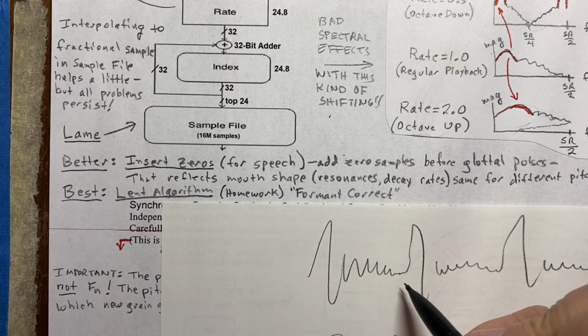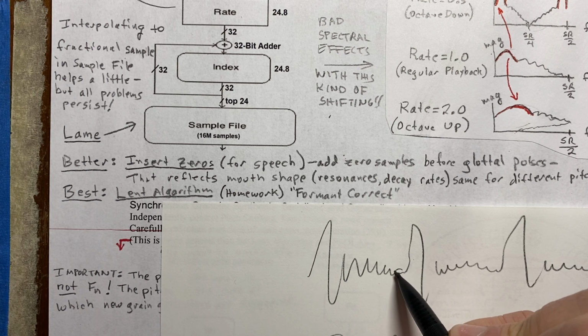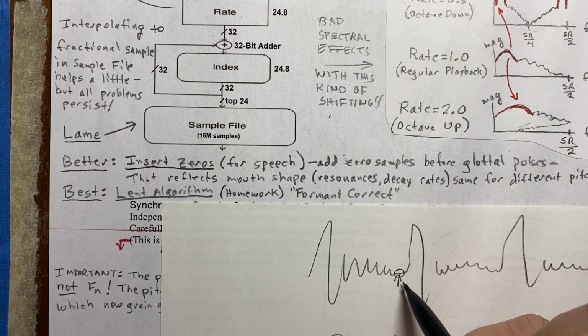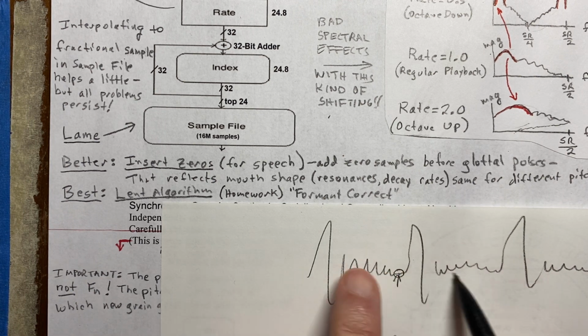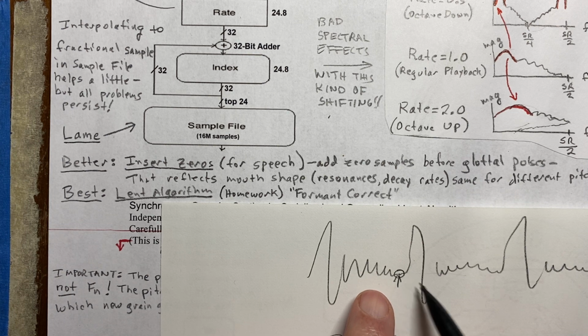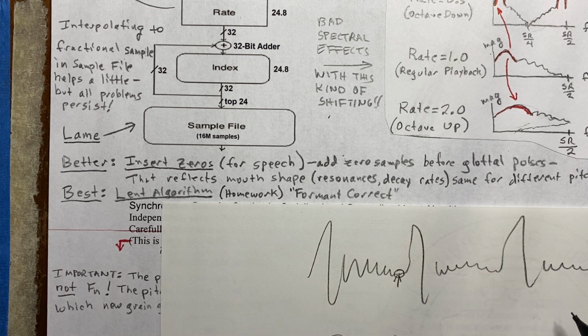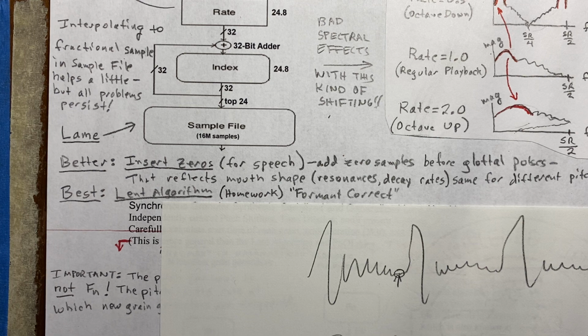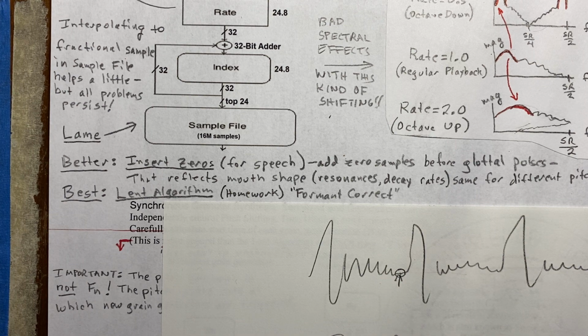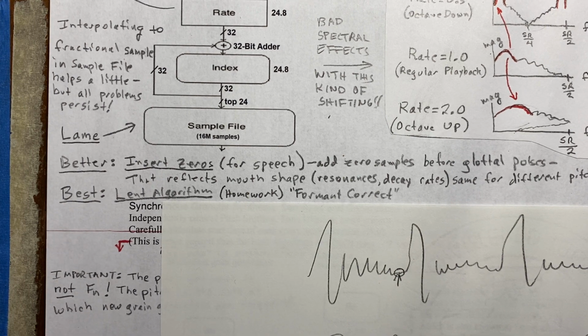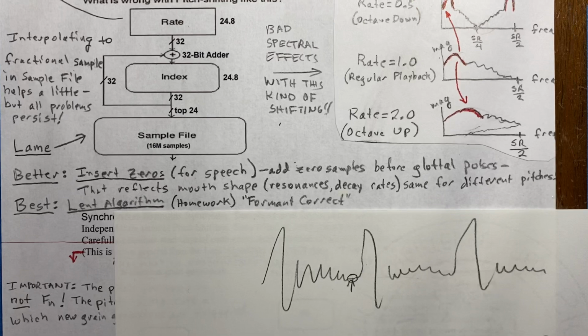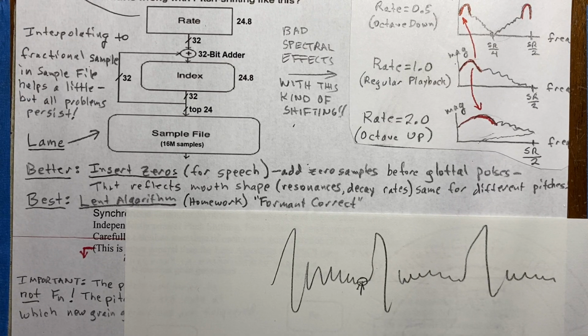All right, so if you have voice here and you want to lower the pitch, you can do this really simple trick right here where it's pretty close to zero anyway. They're pretty small values. Just insert some zeros. So now you move these two apart, you just insert some zero samples. And here you do it again. You move them apart and insert zero samples. Depending on how many zero samples you insert, you get a lower pitch because your glottal pulses are now farther apart. And while that's a quick and cheesy way of doing things, it's actually quite good as formant